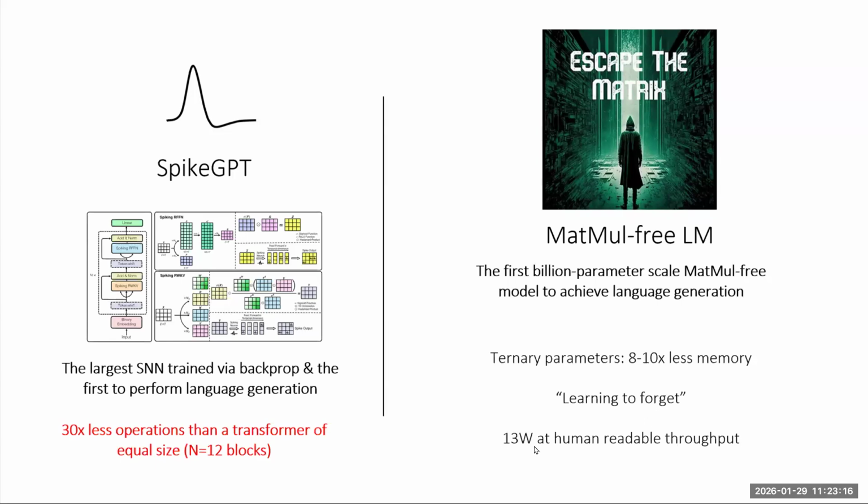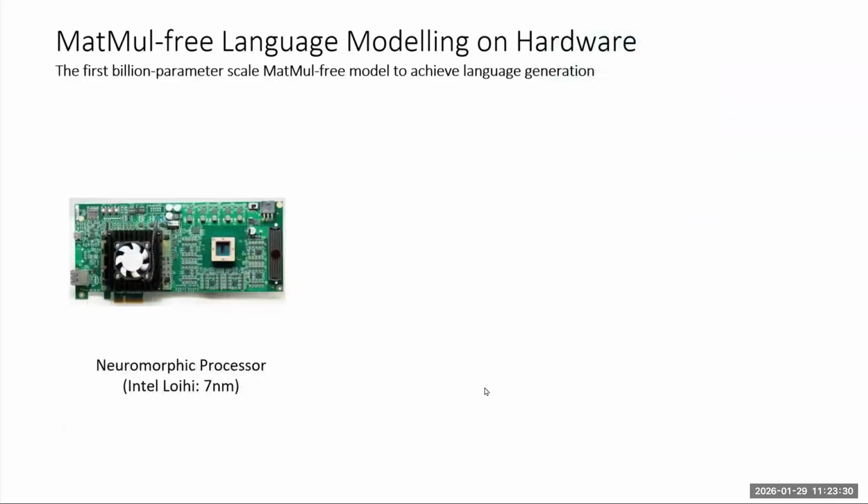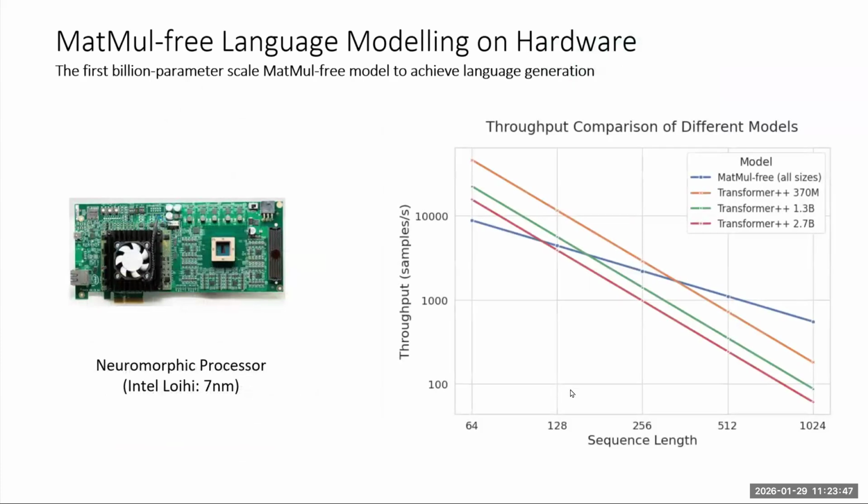Our initial implementation was at 13 watts, but thanks to some geniuses at Intel, Sumit and Steve at Brew, we were able to get this squashed right down to 2 watts with billion parameter scales, which is quite cool. So we are relying on GPUs to train these models, but GPUs are not very effective at milking ternary operations, right? So we look at custom hardware, and I don't know, we wanted to meet the NeurIPS deadline. We had 3 weeks to make this happen.